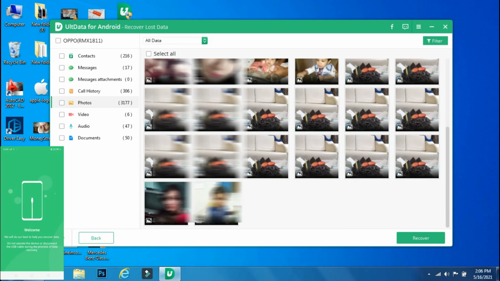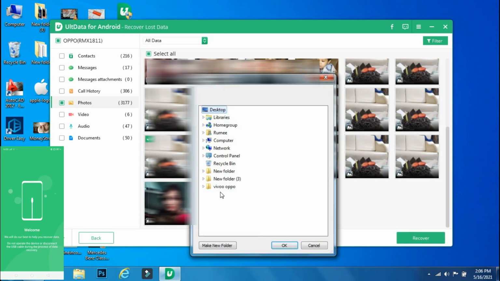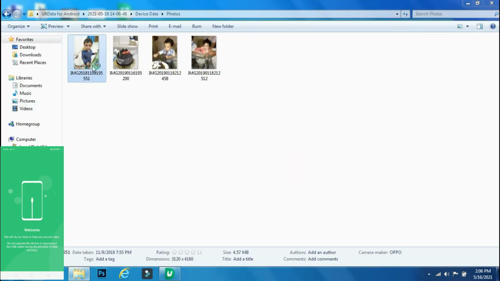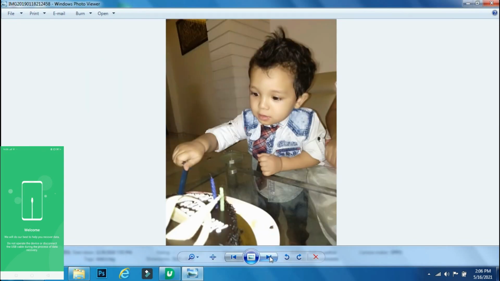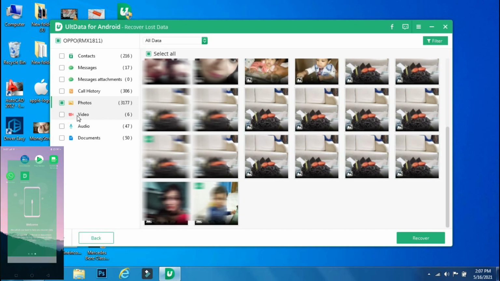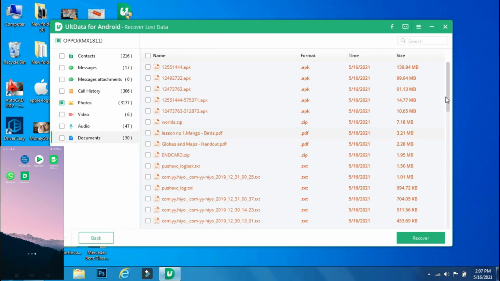So now if you want to recover the files from the app, just select the required file or photo and select recover. It will ask the location where you want to save the recovered files. Once you have done that, the recovered folder will open automatically, and here you can see all the files that you had selected for recovering from your deleted data. So this is the easiest and fastest way to recover deleted files, photos, audio, video, documents from your smartphone.